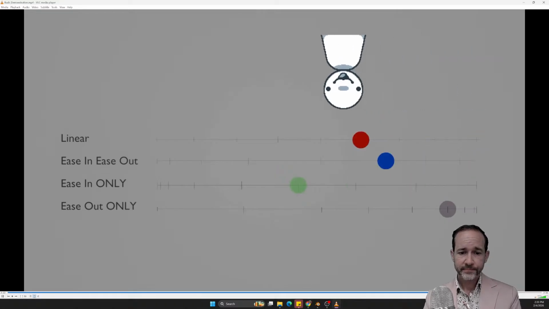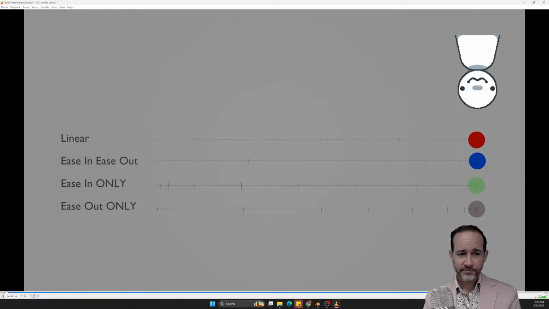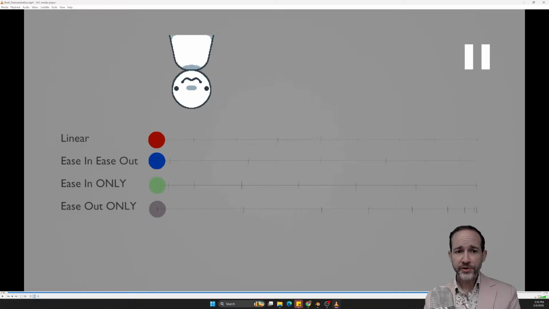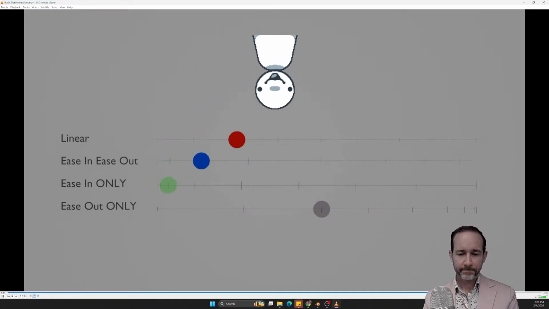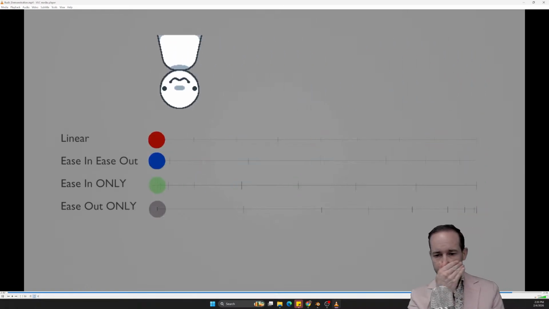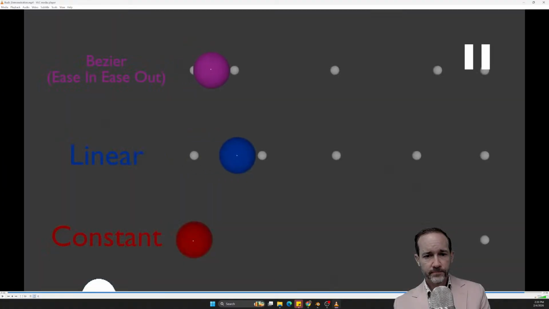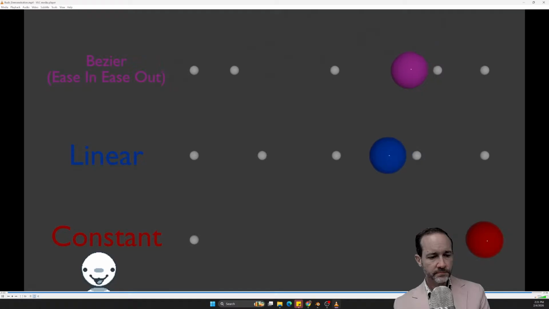This is just a hand-drawn 2D version of the easing animation types. So at the top we have linear, then we have ease in, ease out, which wasn't required. So you can keyframe the... Yeah, I just did it in Premiere Pro. And then we have ease in, which is slow at the start and speeds up, and then ease out, fast at the start and slows down at the end. And then this is just a throwback: the linear, Bezier, and constant interpolation modes.